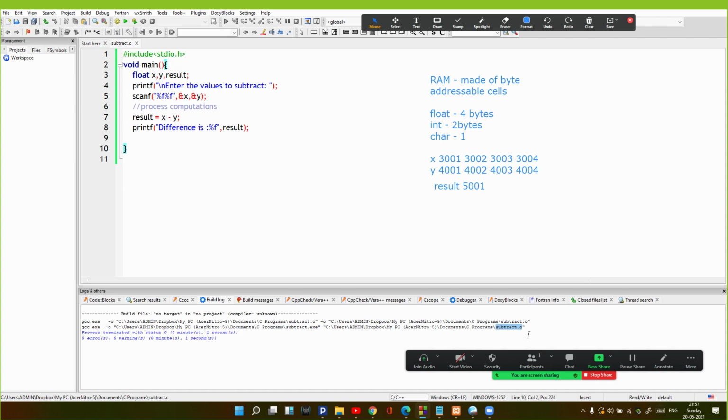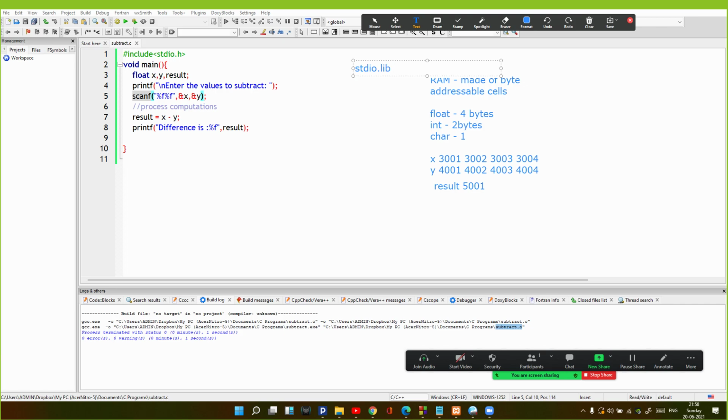But this object file cannot be executed because it contains the binary code, but it lacks the linking library. The library contains the definitions of the functions that are not defined by us, called the inbuilt functions like printf and scanf. These functions were created by the developers of the C compilers, and the C program is created by us. The library definitions of these functions are stored in a separate file with the same name as the header file. So if the header file is stdio.h, then the library file will be stdio.lib.